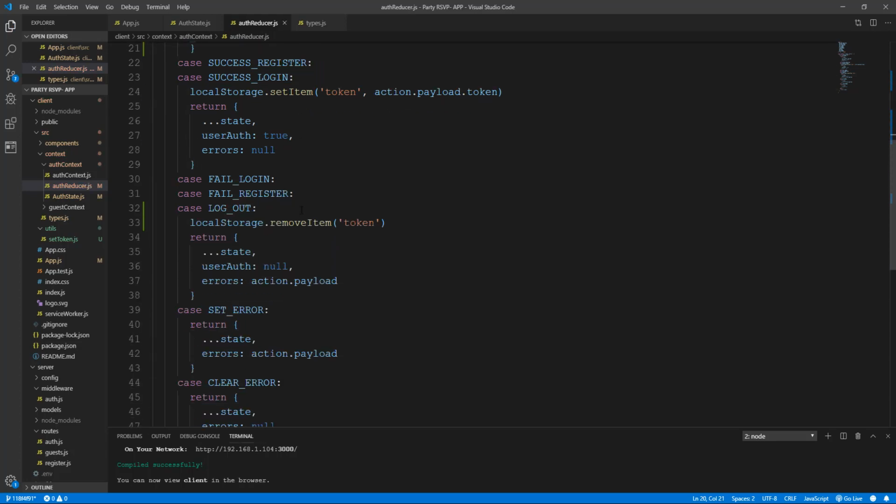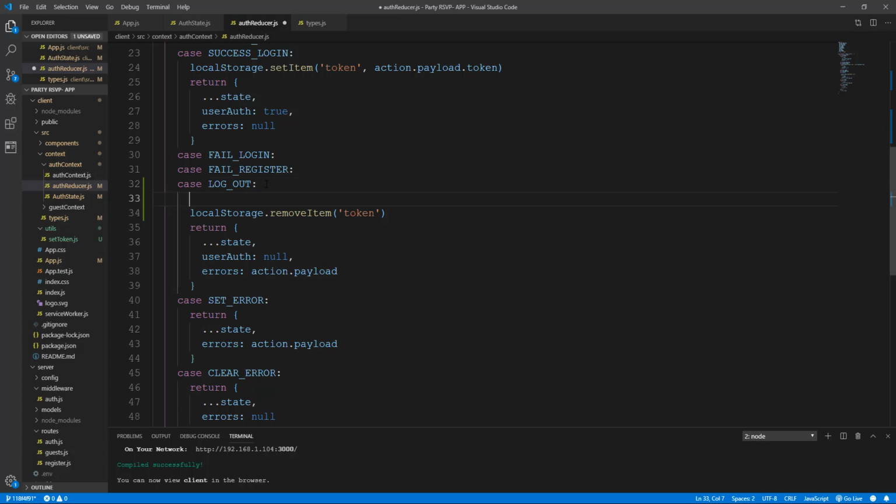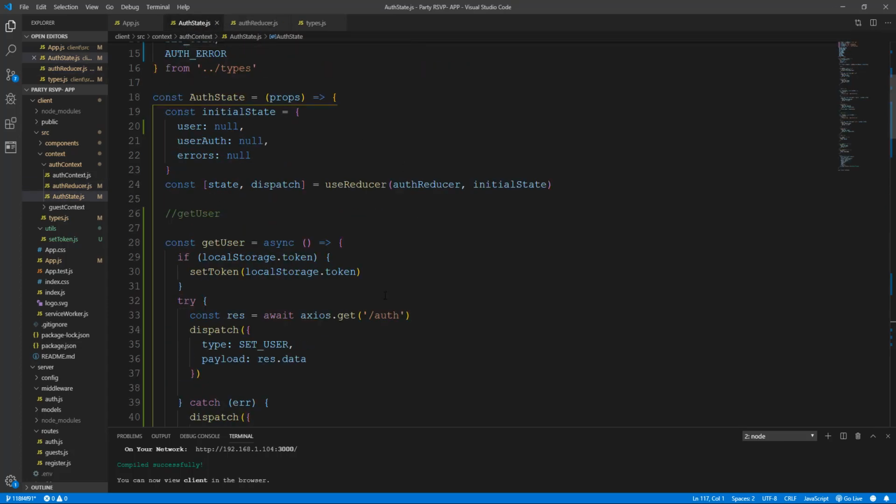And for the we're gonna do auth error. We are gonna do exactly the same thing we did previously. Okay, so error is gonna be doing this, so we're putting the errors onto payload, from the payload onto errors. Okay, so sorry, so in this way we would have a user,